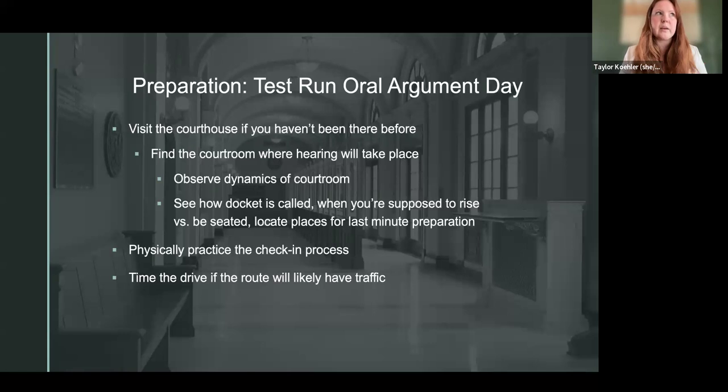Physically go through those processes because then those things aren't the things making you nervous on actual oral argument day, right? You can actually take your brain and